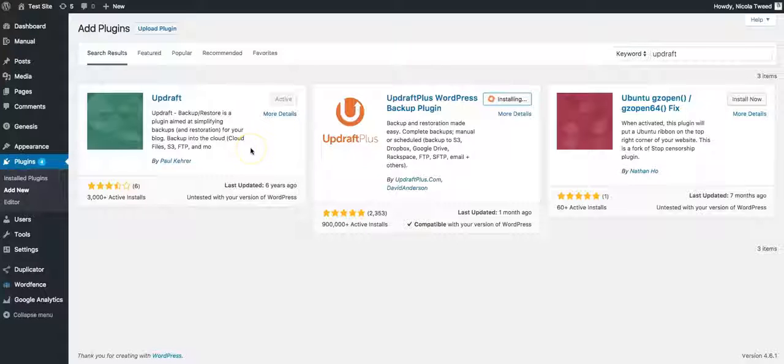Now, keeping your website backed up is very important. I know a lot of bloggers who don't do this, and then they fall into the trap of, oops, what now? And have to contact a web developer, and it costs them a whole bunch of money. Just get into the habit of doing it manually, monthly, or setting it up so that it does it for you